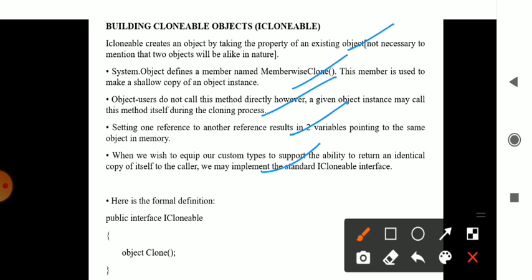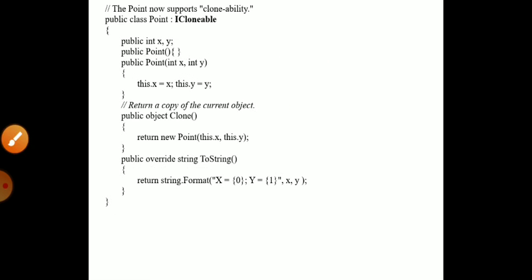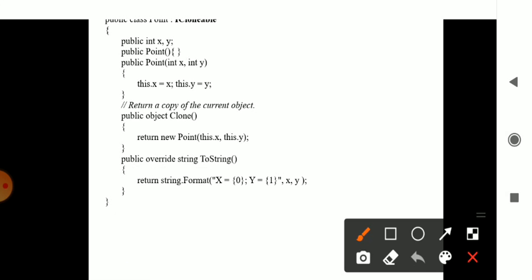It has a syntax of its own, you can check it out here. Public interface IClonable, and within that you have a method called object Clone. This interface fetches the clone of that object and it is displayed on the screen. That is the clonable concept. As I said, it has its own syntax, and it will be directly included within the program. You need not mention it.